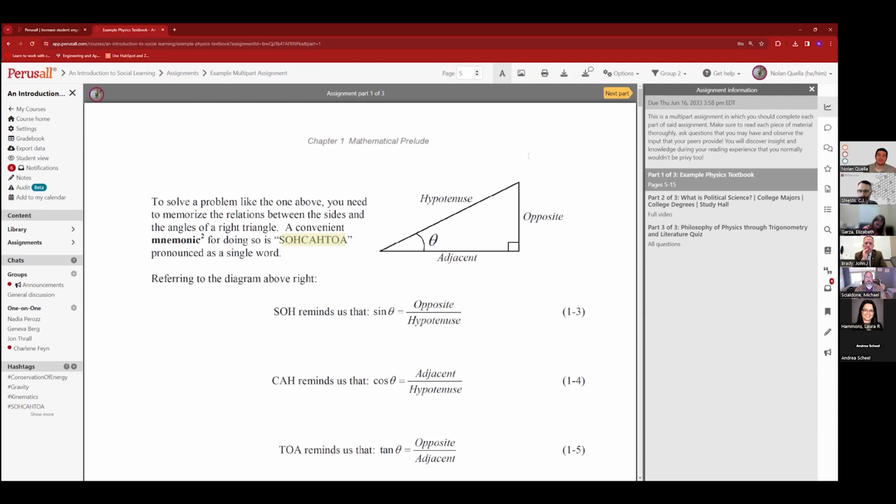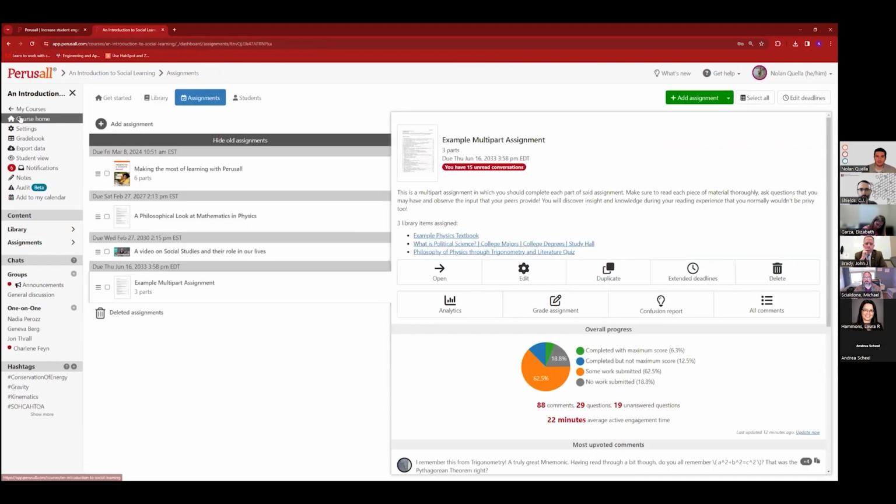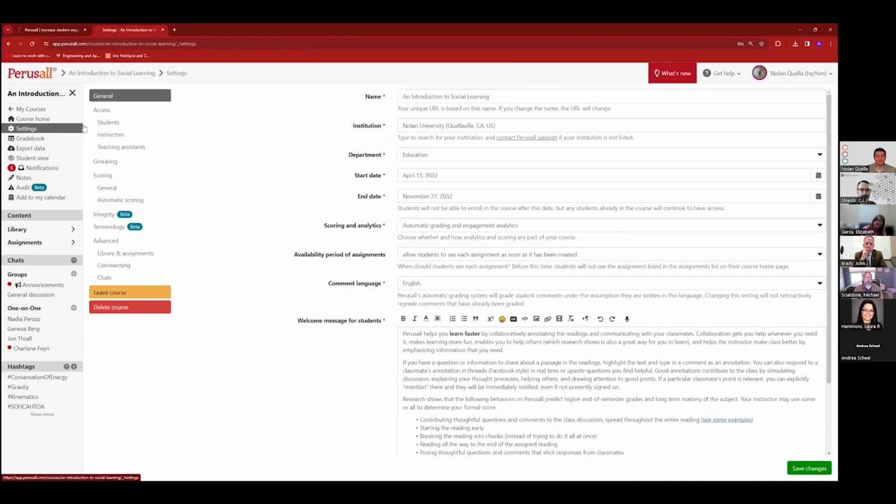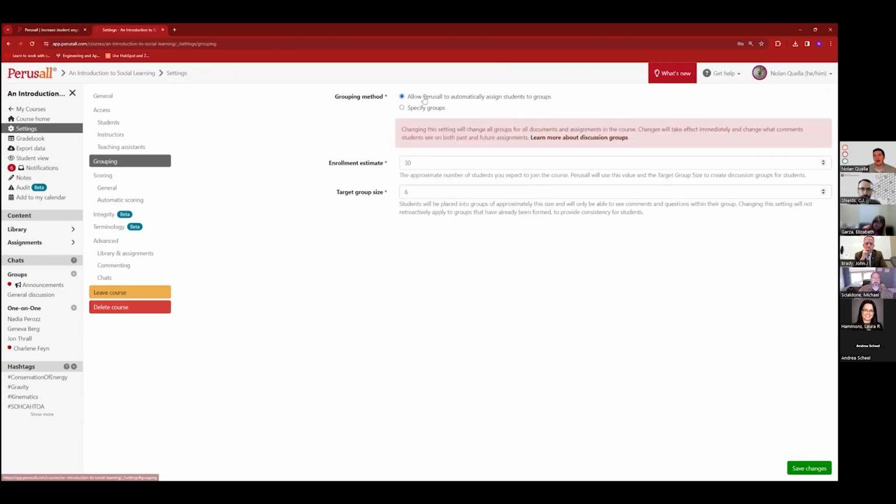But in the case of them being in a group that is inactive, that is something that you, the instructor, can see, and you have a couple of options. You can remind their peers, hey, do your Perusall assignment, interact with your peers, get to work, or you can come in to your course library. And in your library, when you click on pieces of material, well, let me switch this around real quick. It's dependent upon two things. If you have automatic grouping in place